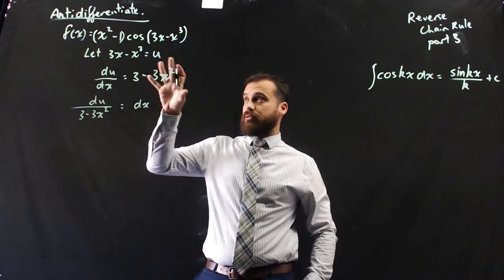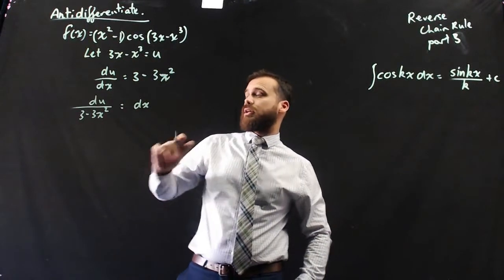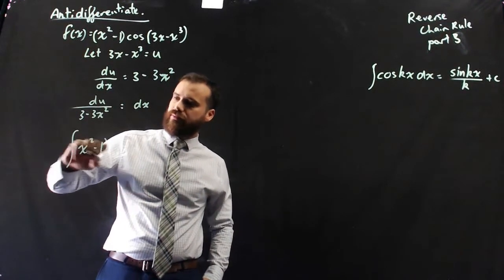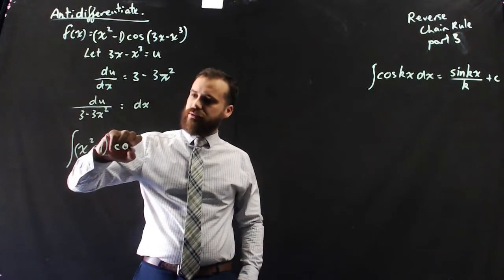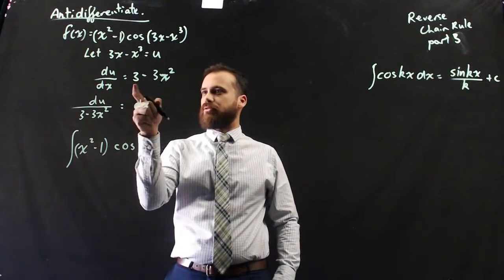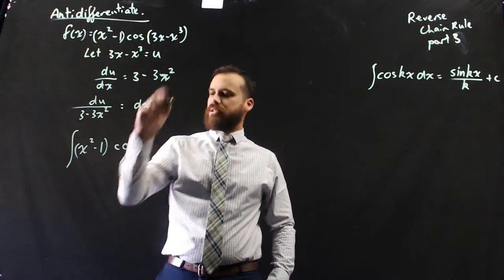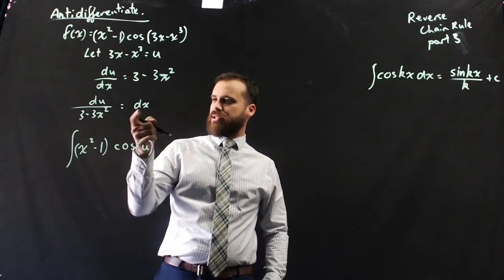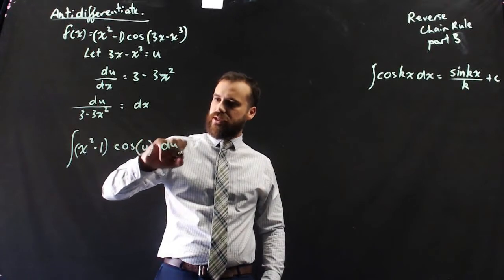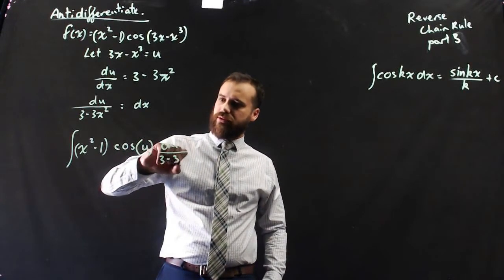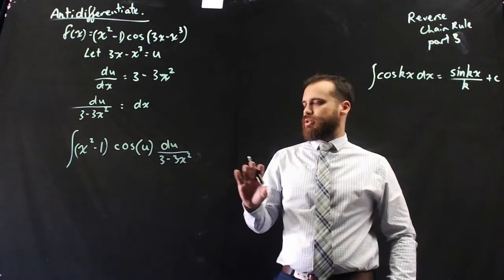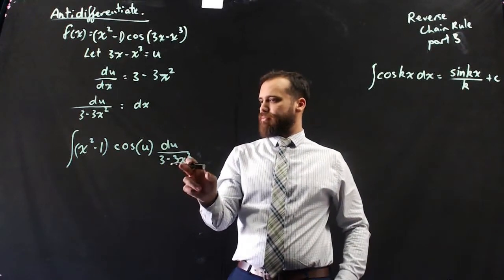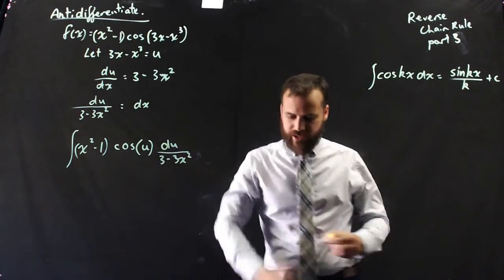Now that we've got that, we can build all of this up from scratch. So, the integral of (x² − 1) cos(3x − x³), where 3x − x³ is equal to u, is cos u with respect to x, so that's going to be du over 3 − 3x². Okay, so we've got this x² − 1, and we can see this out here. If I bring negative 3 out as a common factor,